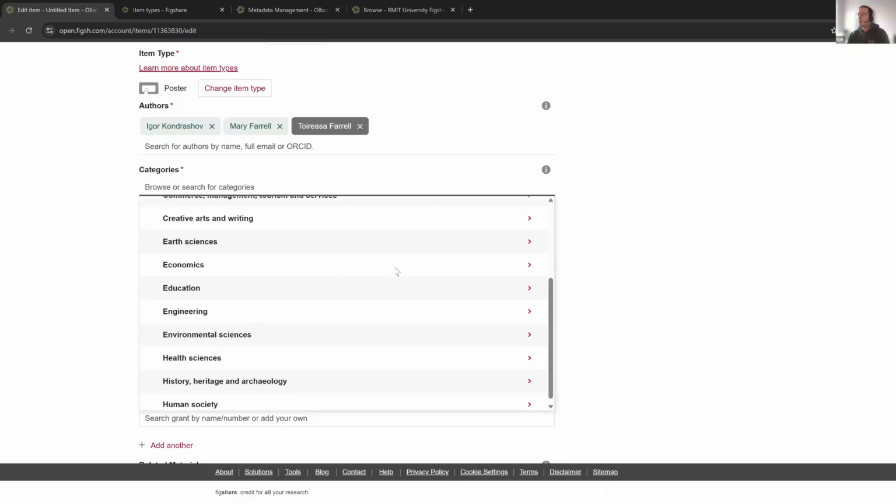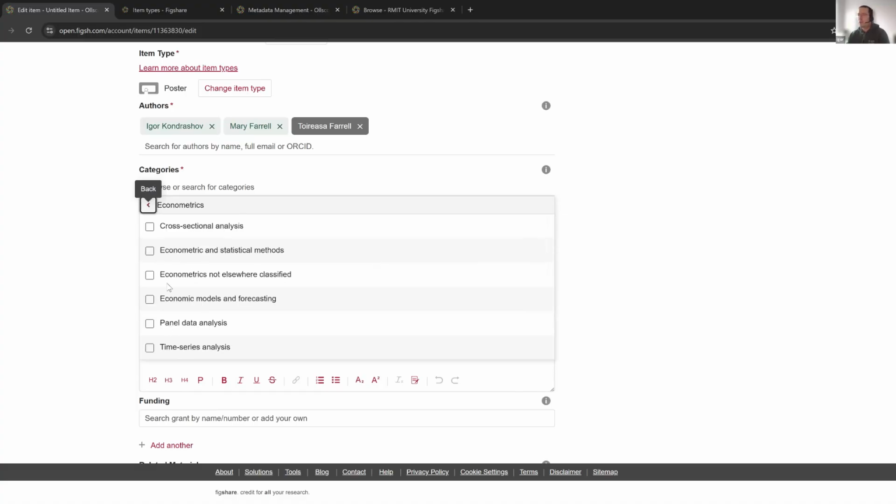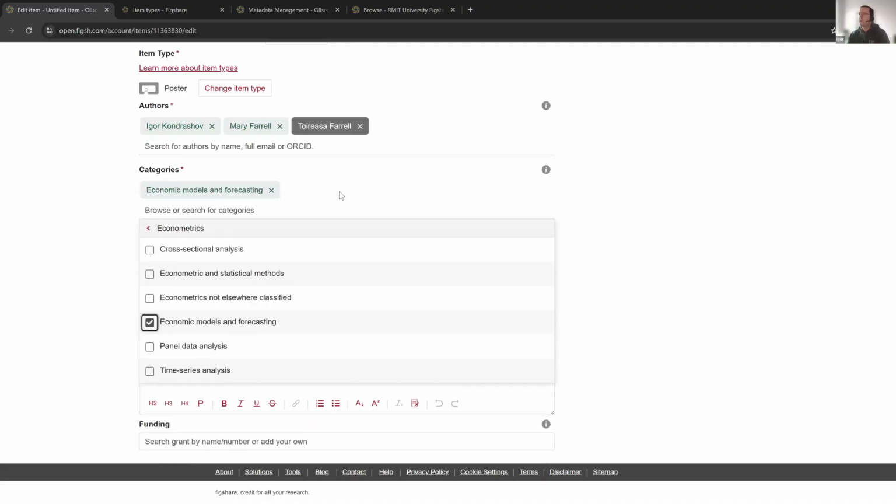So, for example, you could drill down into economics, and maybe you drill down into econometrics, and maybe you'll choose economic models and forecasting or something like that. So in this case, it allows you to do that categorization and apply as many categories as you want to